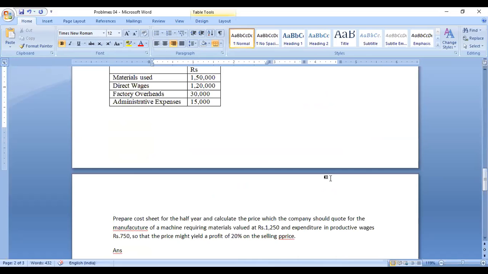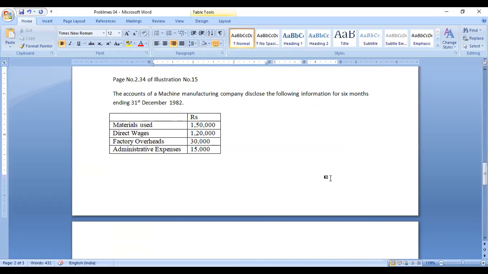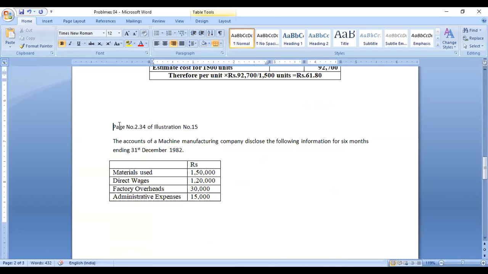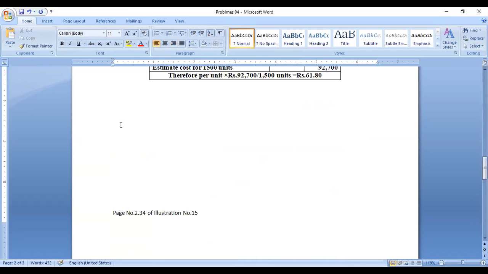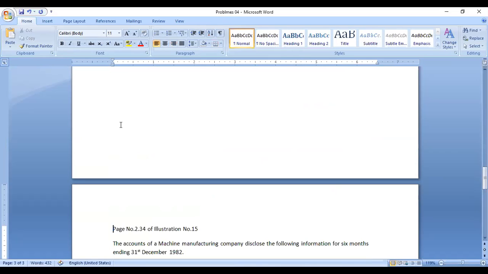So for the next question, I am writing a question from your book. You have to purchase a cost accounting book. You will have a book by BS Reddy, Kai Prasad Reddy, Margham Publications, in a green color. You can use that book for this semester and also next semester. Cost accounting, elements of cost accounting for this semester, and the next semester the same subject is advanced cost accounting. So this book will be used for 2 years.